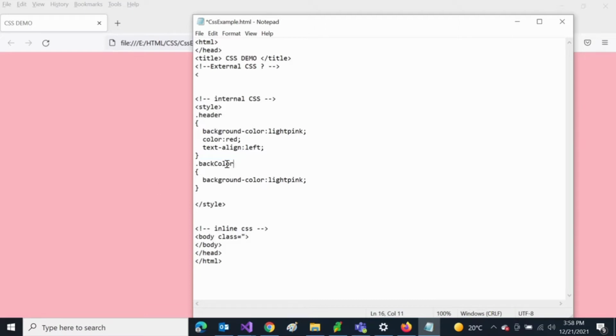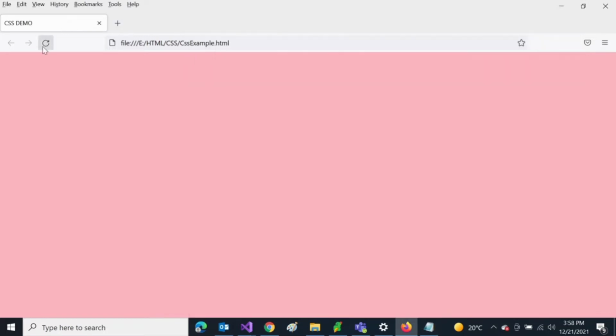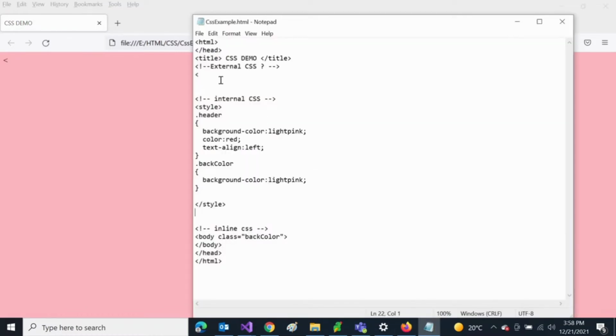This back color class will be written in the external CSS file, so we'll see the comparison of how the file has been linked properly. So now this internal CSS has the back color class, which is consumed by the body tag, and it is displaying correctly as light pink in the background.